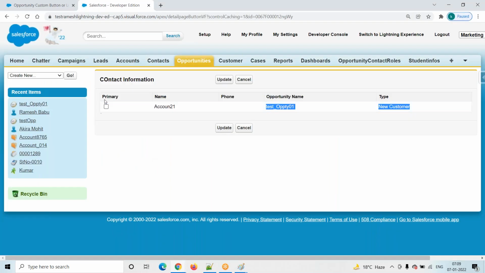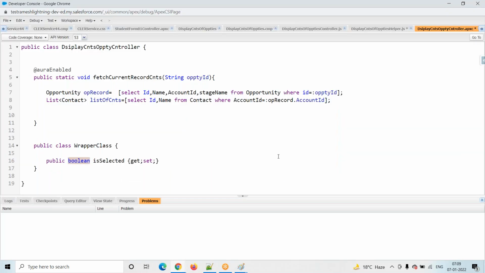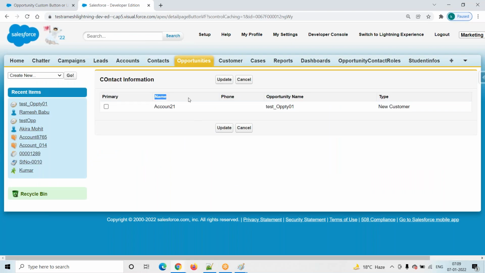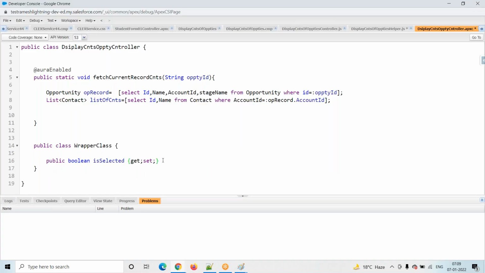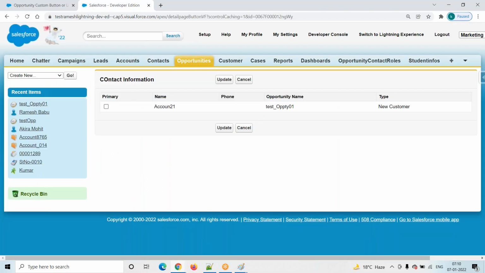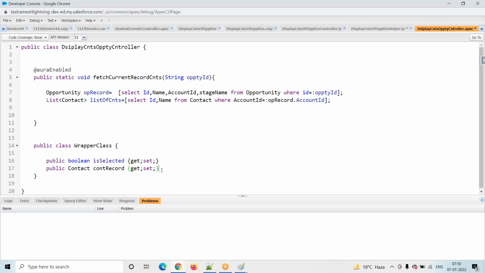In this template, the first one is the checkbox, which technically we call a boolean variable. And the next one is the contact record information, right? Public contact, same code we implemented in the classic version, getters and setters. And the next one the client is expecting is opportunity, right?